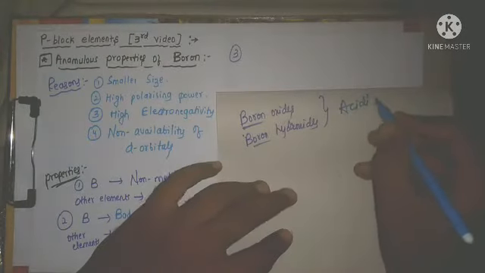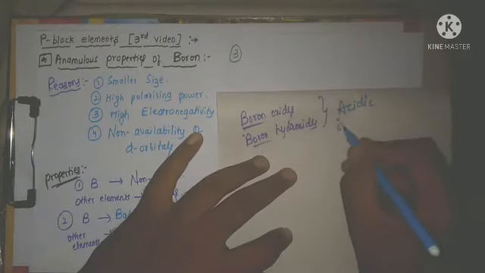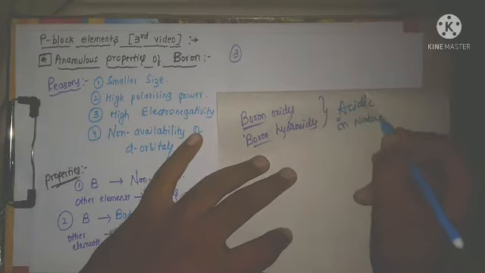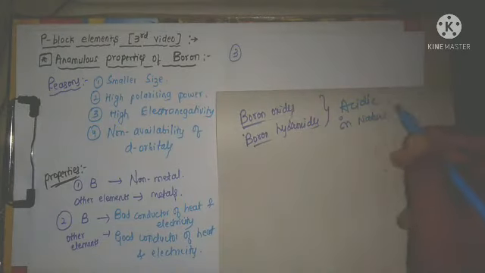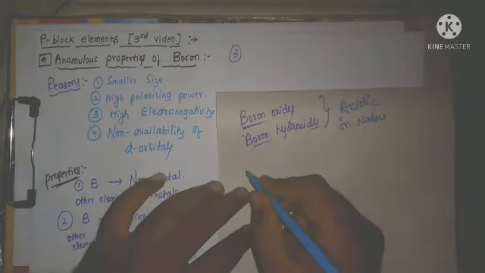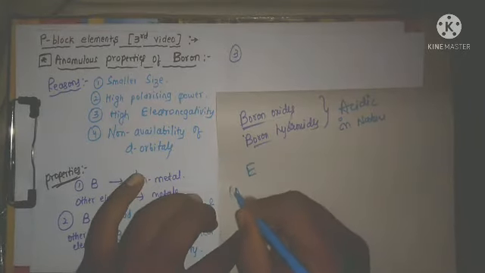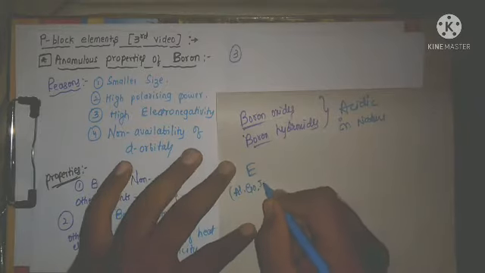They can react with the base, which means they are acidic in nature. Boron oxides and hydroxides are acidic in nature, whereas other elements, maybe aluminium, gallium, indium, thallium,